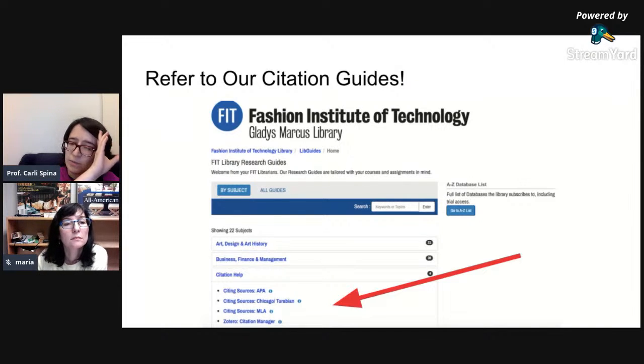You can also see that we have an entire guide to Zotero. And Zotero is a tool that will help you manage your research and then at the end of the day generate citations for all the sources you've uploaded into it. So that can also be a very useful way of getting this information collected and stored neatly and helping you to track the work as you go along.